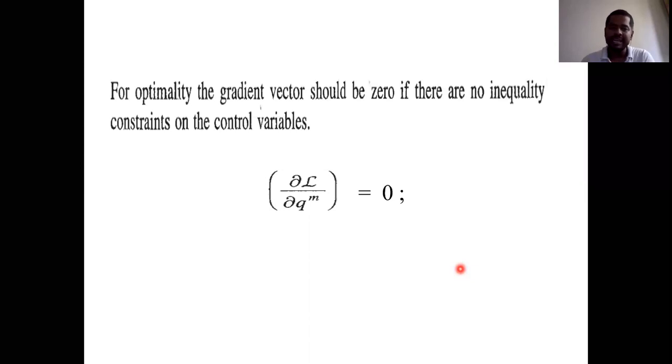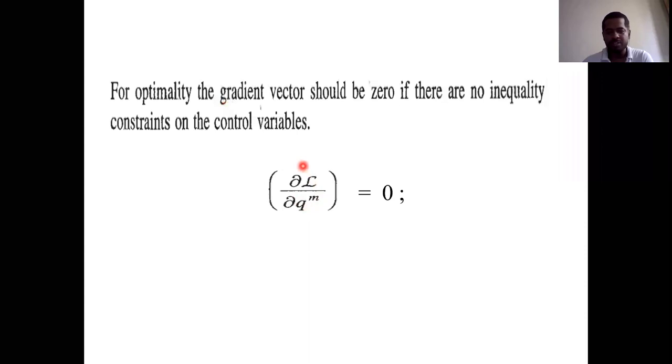Why are we using a gradient concept? Even if you do the partial differentiation with respect to the dependent variables, those equations are also highly nonlinear equations. But practically, we cannot solve those highly nonlinear equations within a short time. So in order to get a feasible solution within a short time, we use the gradient concept. What is the meaning of a gradient? It is nothing but a first order derivative with respect to the control variable.